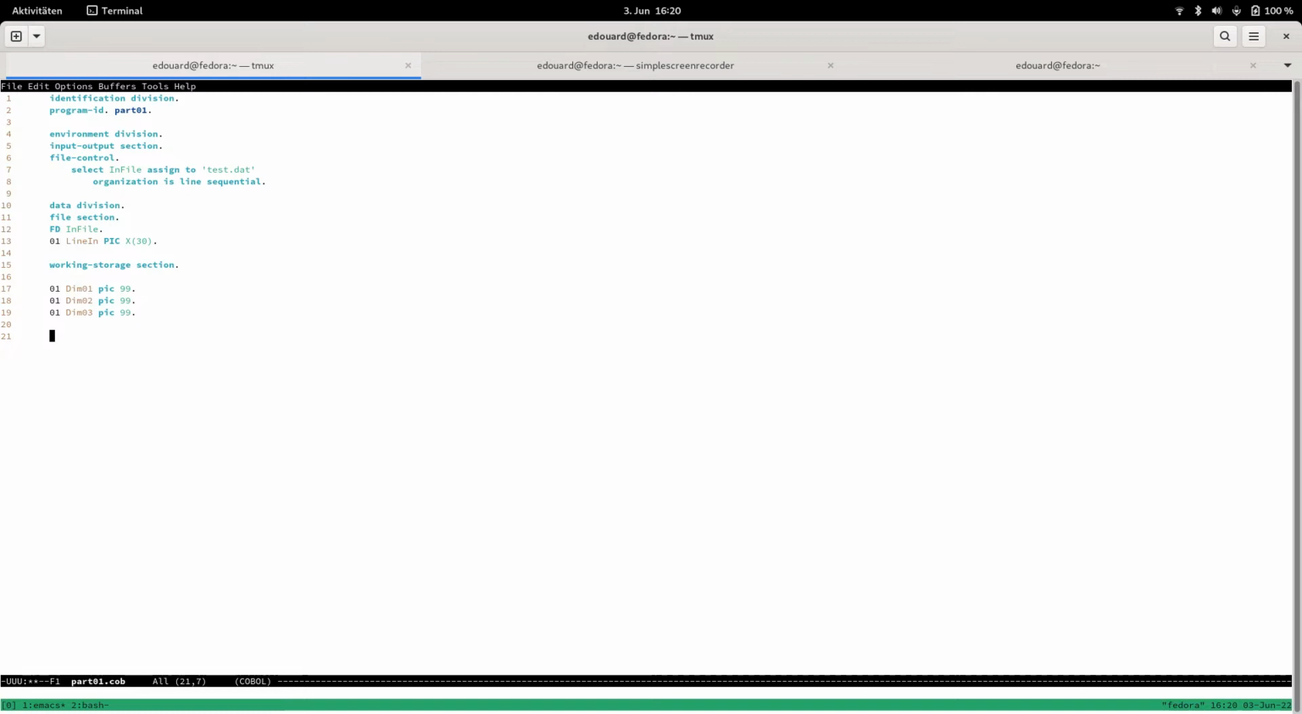Let's see if we can print out the input, if we can get to that first. So we need a procedure division. Let's go to this line. I don't like the look of this. 100 main. Open input in file. At the end we're going to close in file. We're going to go back, and we're going to